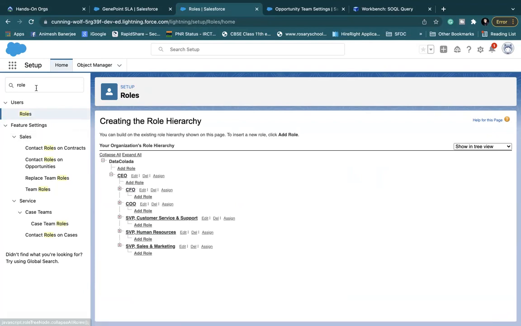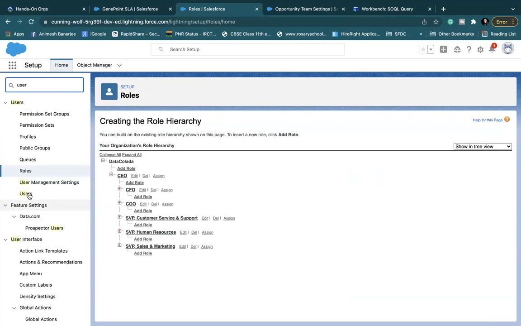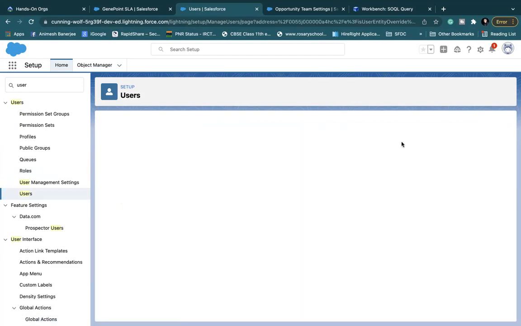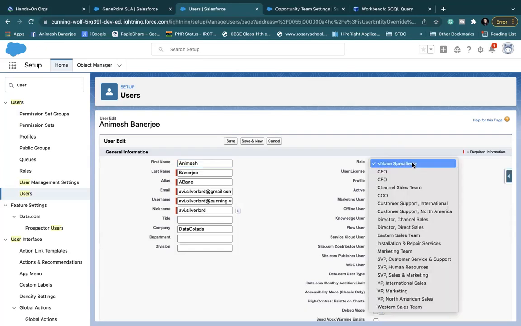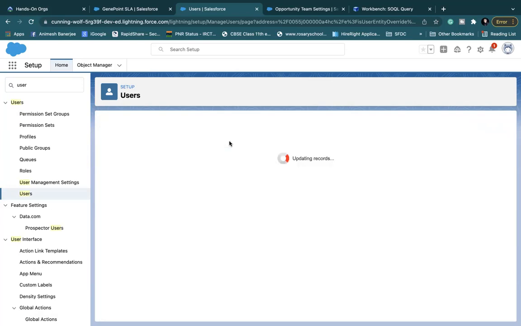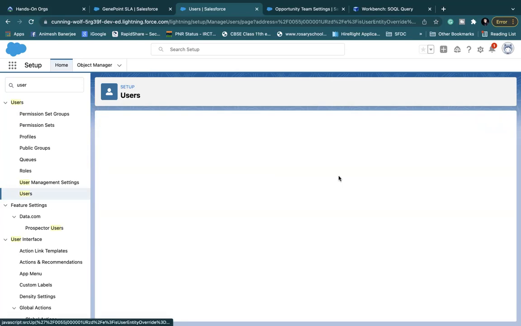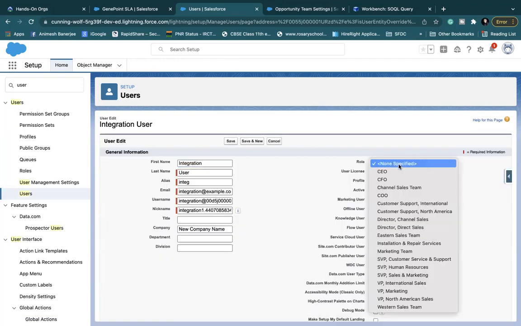So what happens is that if you go and create a user, you see there are 2 users already in this application. On Animesh Banerjee, I can edit and I can give him the CEO role, that is me. I can edit integration user and I can give him a CFO role.